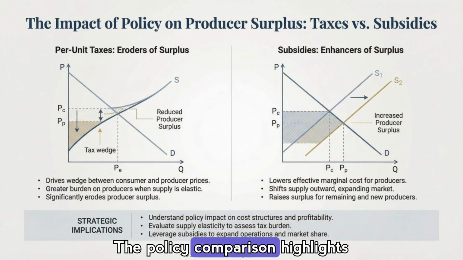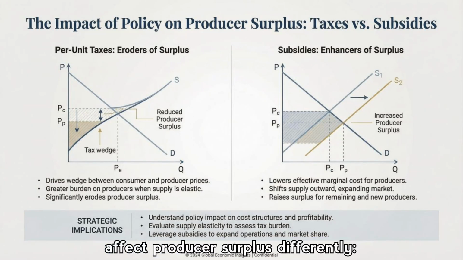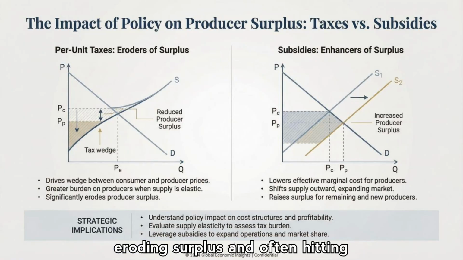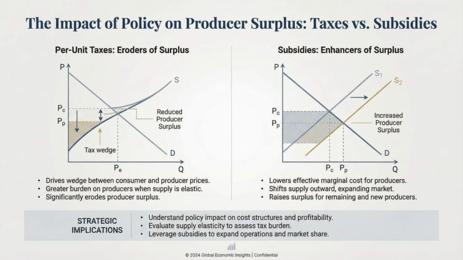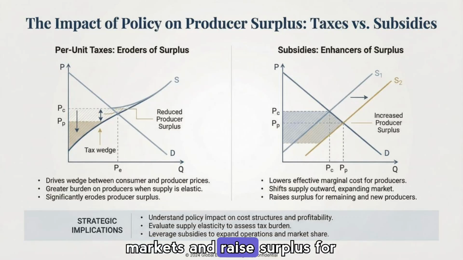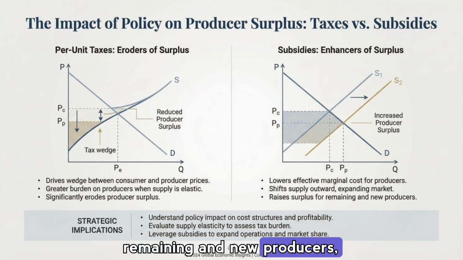The policy comparison highlights how per-unit taxes and subsidies affect producer surplus differently. Taxes create a wedge between consumer and producer prices, eroding surplus and often hitting elastic suppliers hardest, while subsidies lower effective marginal cost, shift supply outward, expand markets, and raise surplus for remaining and new producers, suggesting clear strategic implications